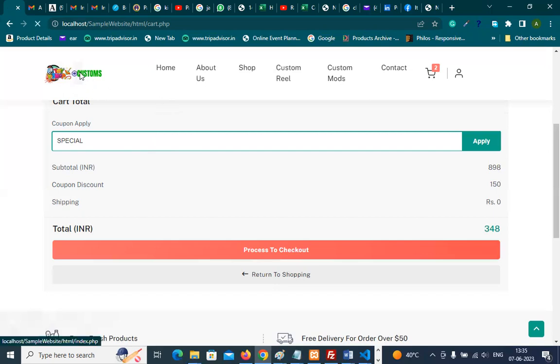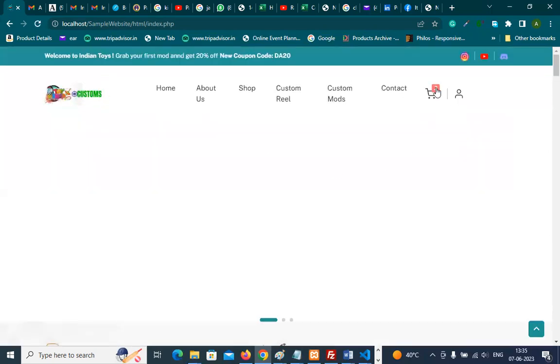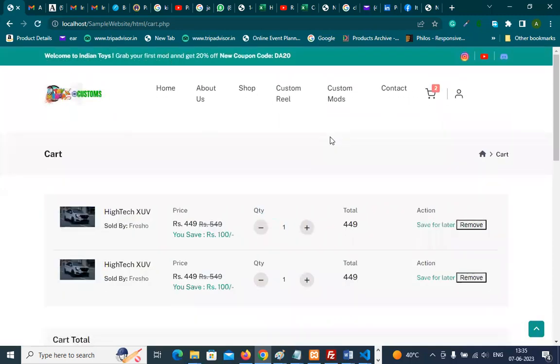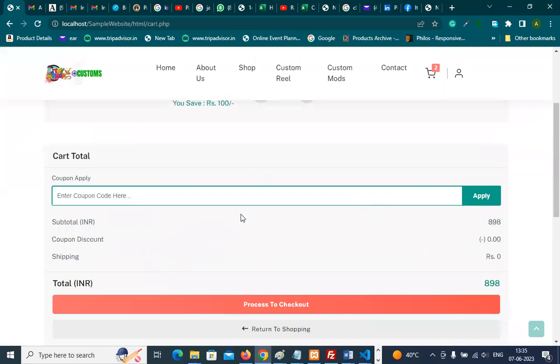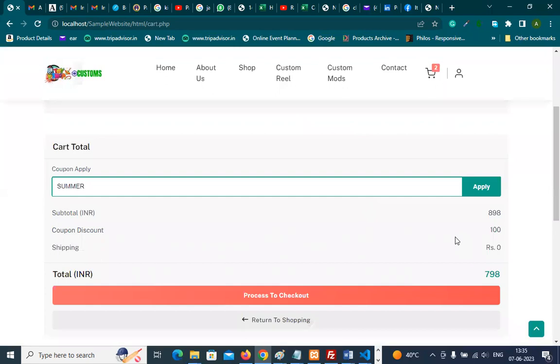और अगर हम लोग यहाँ पर चेंज करते हैं, लेट मी रिफ्रेश, व्यू कार्ट कर यहाँ पे अब हम लोग का 898 आ रहा है। अब यहाँ पे सपोज हम लोग डाल रहे हैं समर, और एक हम लोगों ने यहाँ पे लगाया 898 से 798 हो जाएगा, 798 हो गया। अब अगर फर्दर इसमें कोई कूपन अप्लाई होगा अगर, तो वो एक बार सिर्फ होगा, और वो 150 वाला होगा तो 150 आ जाएगा, लेकिन वो 898 से कैलकुलेट होगा, टोटल से नहीं कैलकुलेट होना चाहिए, बल्कि सब टोटल 898 से कैलकुलेट होना चाहिए। अभी क्या हो रहा है कि 150 वाला करेंगे यहाँ पर, तो ये 798 माइनस 150 कर देगा,